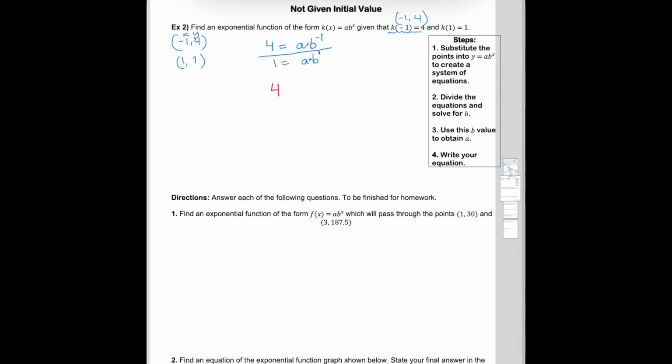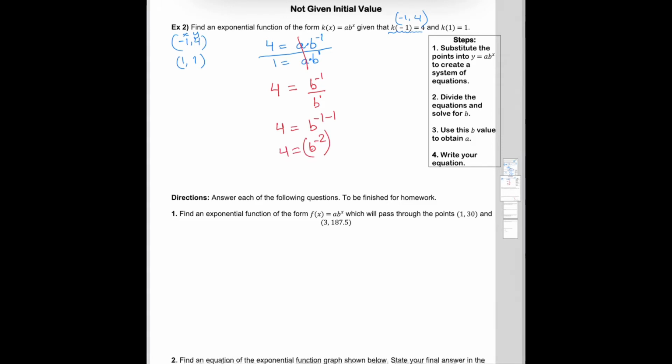So what happens? I'm dividing each with it. 4 divided by 1 is just 4. a divided by a, what? Cancels out, right? Something divided by itself cancels out. Now, b to the -1, I'm going to write that so that I can show it to you over b. Let's simplify this. Again, it's division. When bases are same, what do you do to your exponents? Subtract them. So 4 equals -1 minus 1, which is b to the -2,